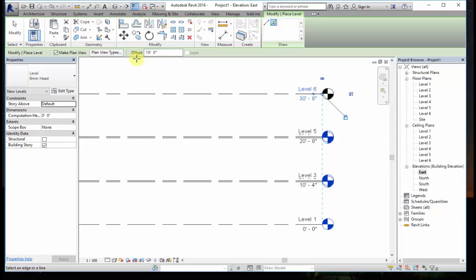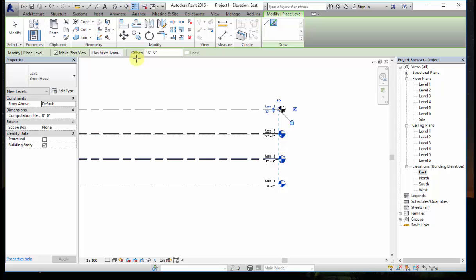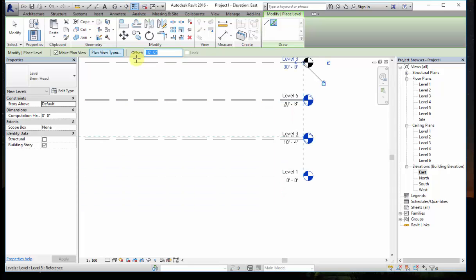Like this. After this, if I am going to give my plinth level as well, then I'll give the plinth level, for example 1 feet 6 inches. So if you are creating a level below 0 feet, it doesn't mean that you are going to give the values in minus. Okay, so here you are going to give the values in positive itself.